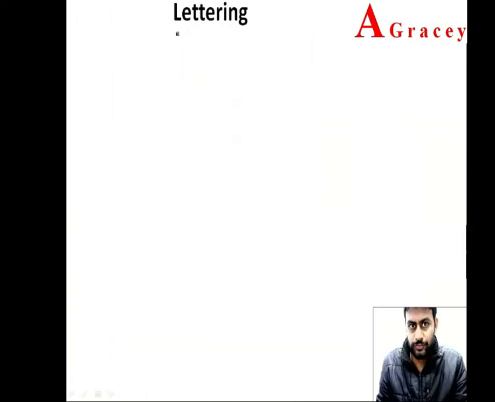9606/2001, it is further of two types. One is inclined letters. One is straight letters. In inclined letters, the angle of inclination with the horizontal line is 75 degrees, so they are also called italic letters. In today's lecture, we can discuss this in depth. Let's start with the proceedings. So your topic is lettering.